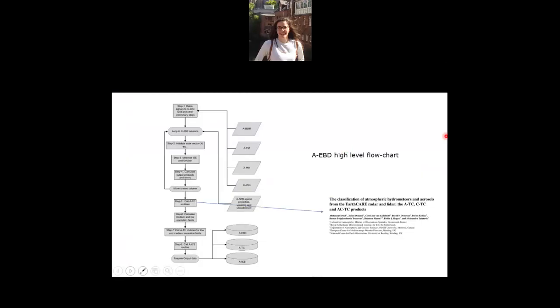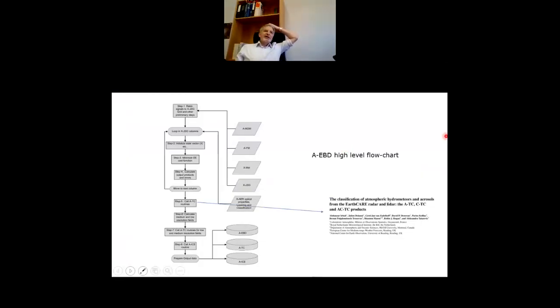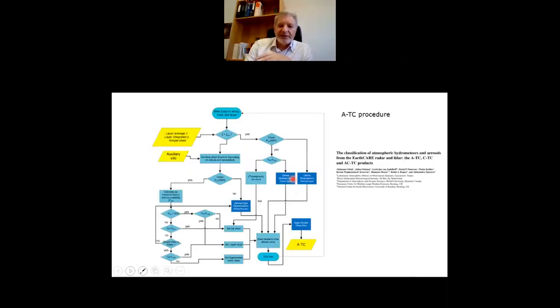Okay, I was midway through the ACLID extinction backscatter depolarization ratio algorithm. That's a high resolution optimal estimation procedure for getting the extinction, the backscatter and the depol ratio for all the targets, the water and the clouds, or the strong features and the weak features. This is coupled to both the A-EBD and A-AER, so the first pass and the optimal estimation second pass both